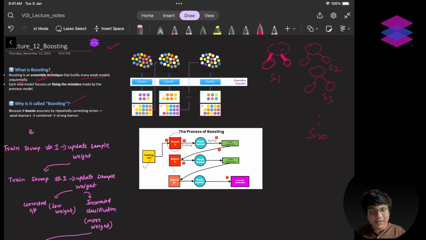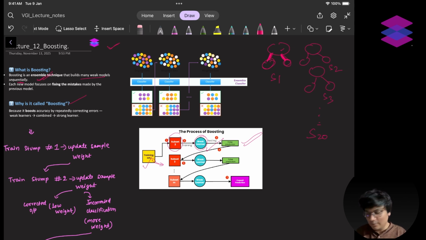Now, whatever error you get, what you will do with that error is make another subset. Let's say you train your model on the weak learner, or your stump, and you get the predictions. Now, for whichever data you get a false prediction, the next model that you train, before training it, the data that you are supposed to use